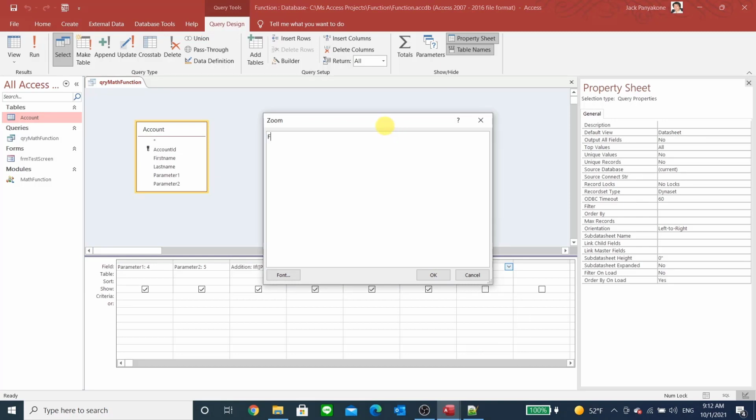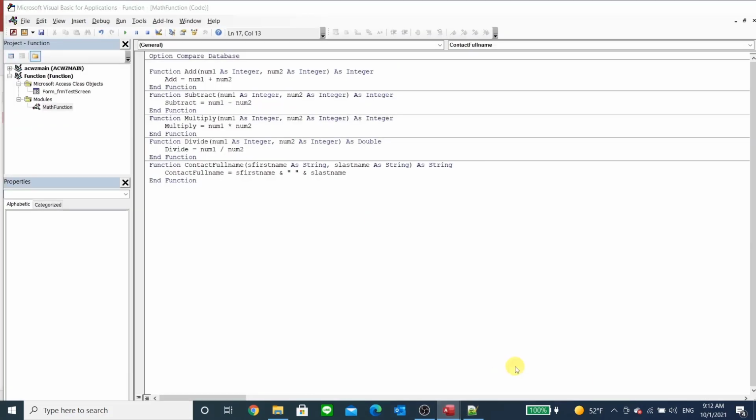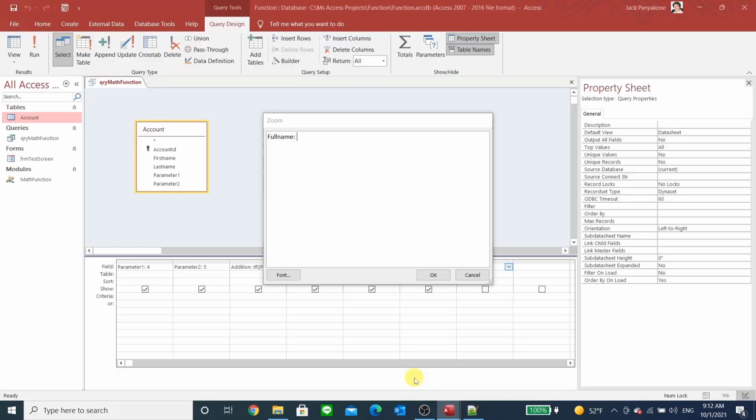We want full name and the name of the function that we just created, which is contact full name. So let's get back in there. We'll call contact full name, and then parenthesis